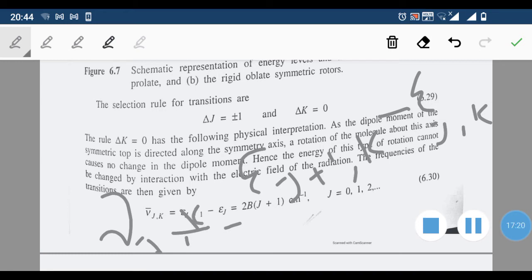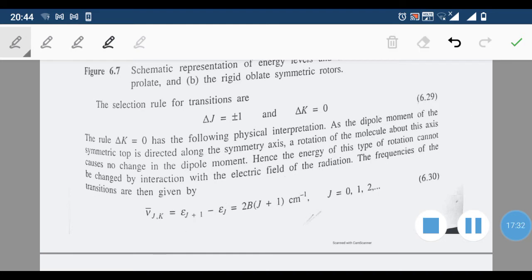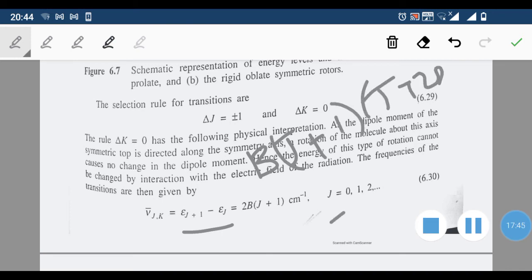Nu bar of J K is given by this equation, epsilon J plus 1 K minus epsilon of J K. Both K are equal, delta K equal to 0, so you can neglect these two K from this. So we write the expression like this: B J into J plus 1, for the first one it is J plus 1 into J plus 2,